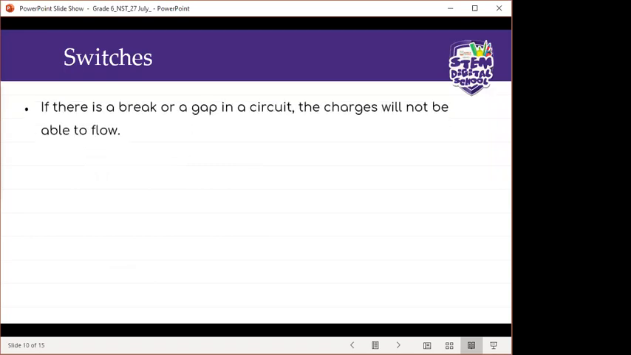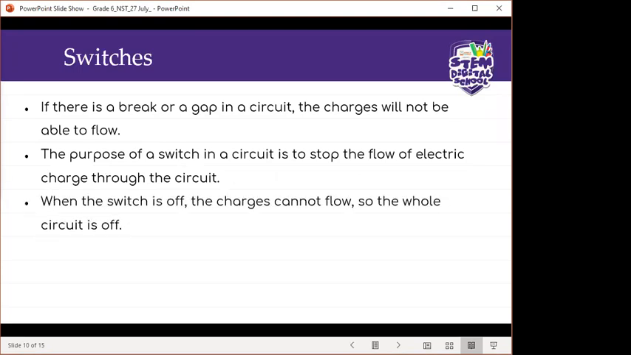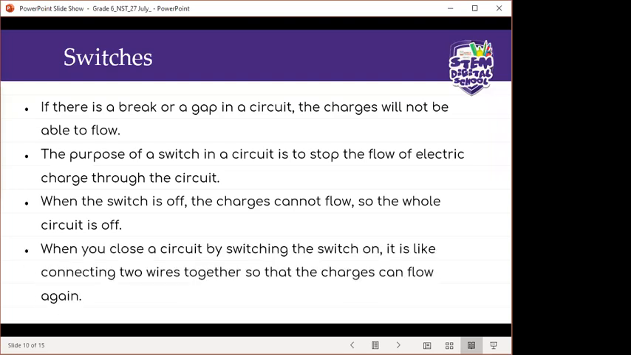switches. So we went through switches. If there is a break or a gap in a circuit, the charge will not be able to flow. The purpose of a switch in a circuit is to stop the flow of electric charge through the circuit. When the switch is off, the charges cannot flow, so the whole circuit is off, right? And when you close the circuit by switching,